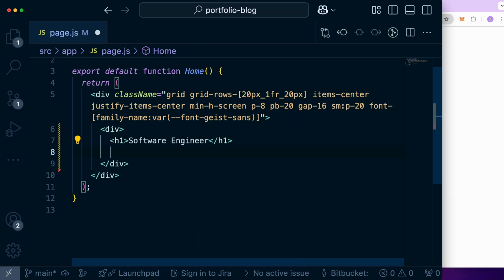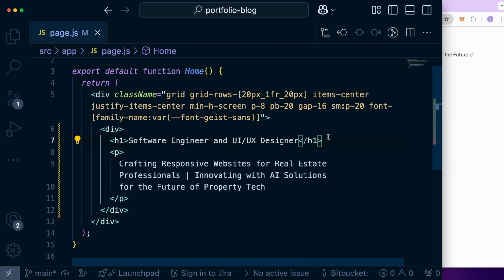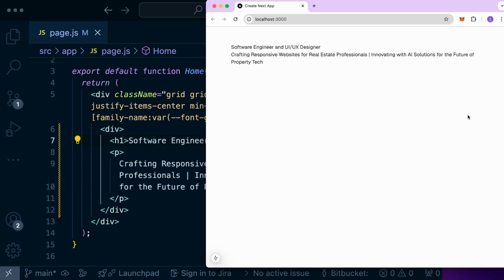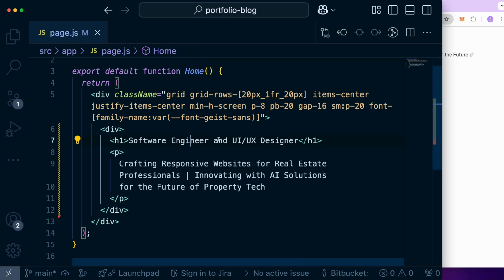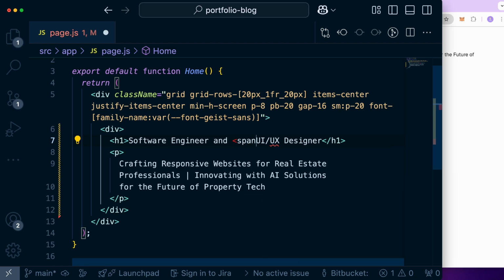Let's also add a paragraph below, which would be like a description for the software engineer, and I'm going to add UI UX designer as a text, and let's split this text on two lines, so software engineer and maybe UI UX designer